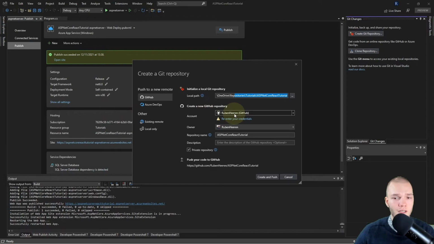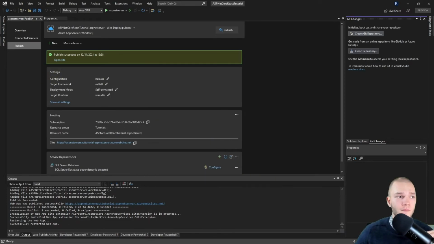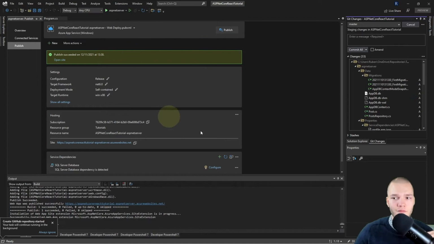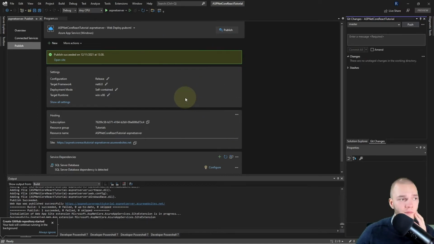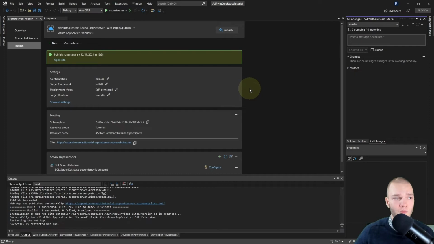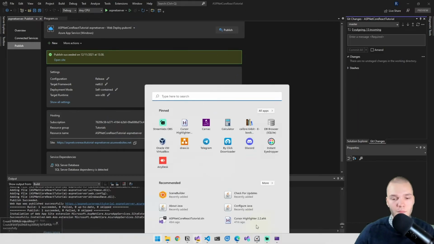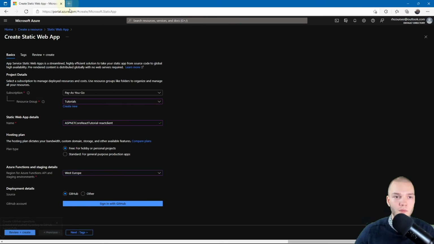My account is correct. The owner is correct. I'm gonna keep the repository name as the default and just leave the description empty for now. Then I'm gonna hit create and push. And if something from saving comes up, just save everything. So Microsoft will now create a Git repo with a nice git ignore for us and push that up to GitHub. So if I go back to my browser now and open GitHub